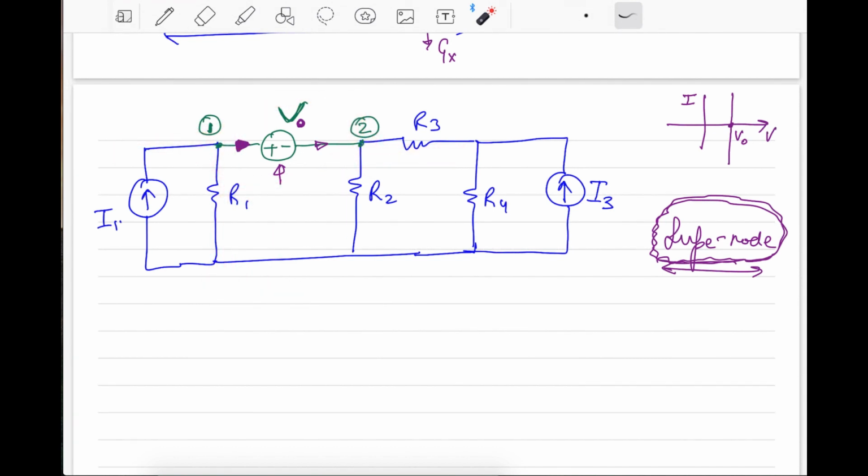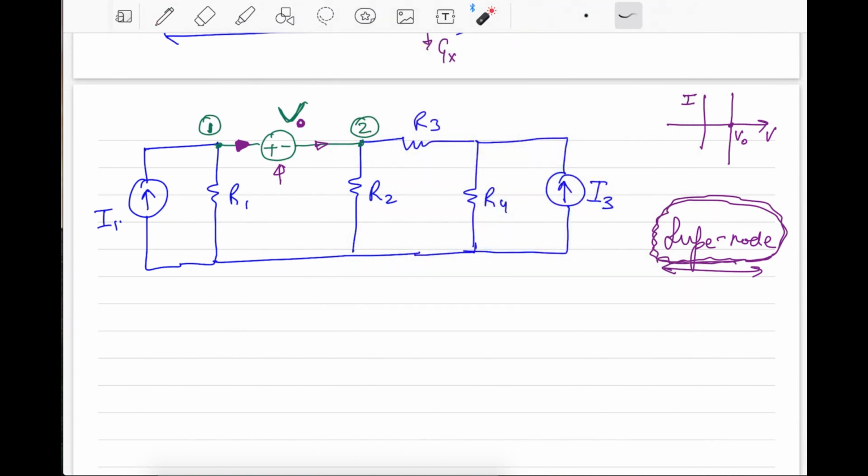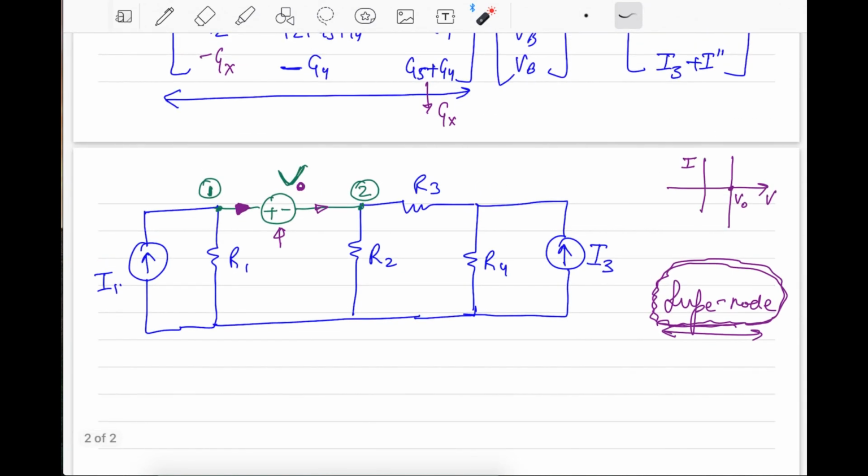If I go by this circuit, let me change colors here. We know that this is a problematic node, because in between node 1 and node 2 is a voltage source, and we cannot define the currents flowing in between these two nodes. So let's do a clever trick. Let's make it a Gaussian surface. So I will make this as a Gaussian surface.